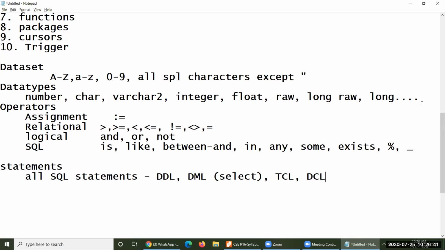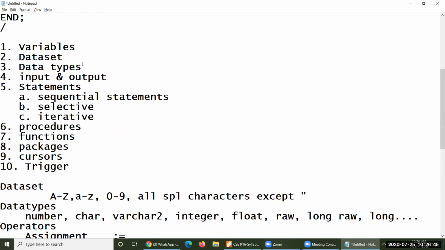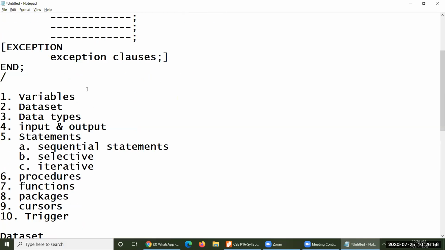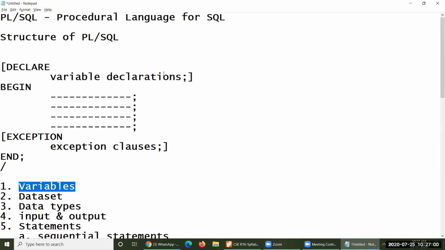Why except select here? Since PL/SQL is a procedural language, it has its own procedure. You may write several statements to write one particular program, so you need to have some kind of variables. SQL is a non-procedural language actually. Because it is non-procedural, it doesn't have any variables, so we don't declare any kind of variables in SQL.